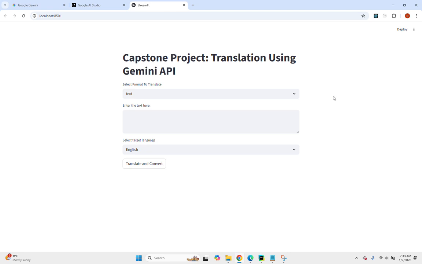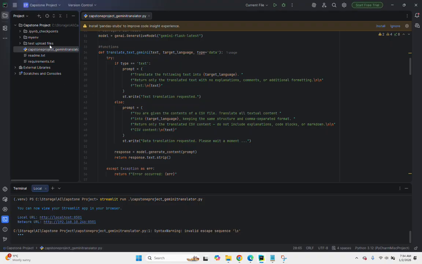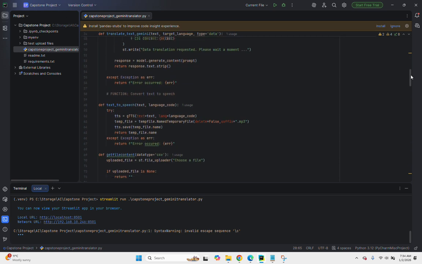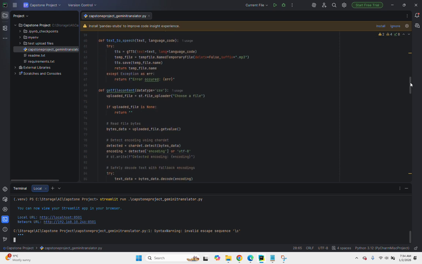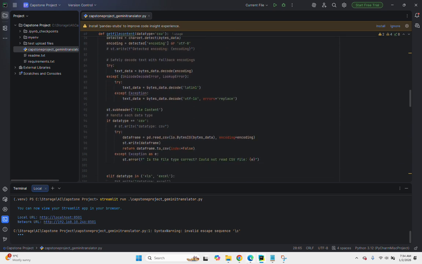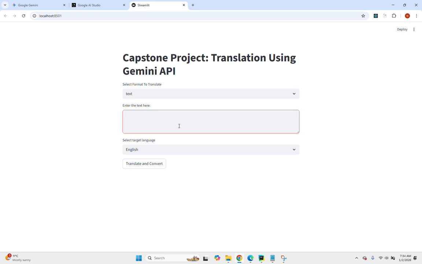Hi, my name is Neil Joshimpulle, and this is a demo of a project I worked on in order to learn AI. Basically what it does is it uses the Gemini API in order to translate text, PDFs, Excels, and CSVs. The project was created using Python and prompt engineering, and so it will be able to do a variety of things, and I will show you it in action right